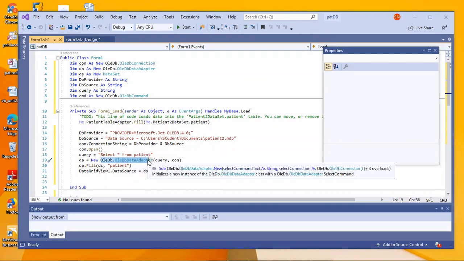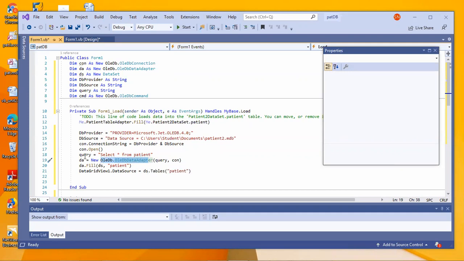Next, I need to go for an adapter, that is, I need to do the access of that particular query. So for the query, I need to send a parameter. DA is nothing but my adapter over here. DA is my adapter object. For that, I'll say query, comma. I've already created a DA, anyway, I'm creating it again. So I'm saying query and connection. I'm passing a query which is supposed to work on the connection you have made for that particular database. That is what it means. Clear?